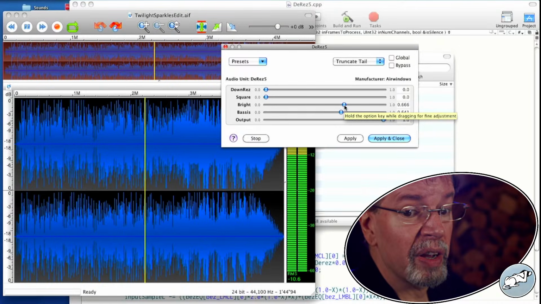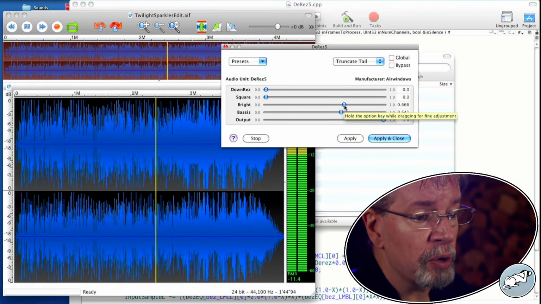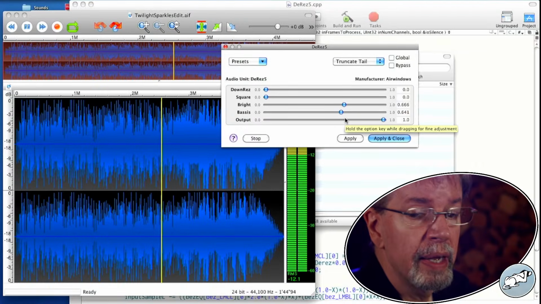Yeah, that's actually very effective. I'm really beginning to think that that needs to be its own control, which is doable.